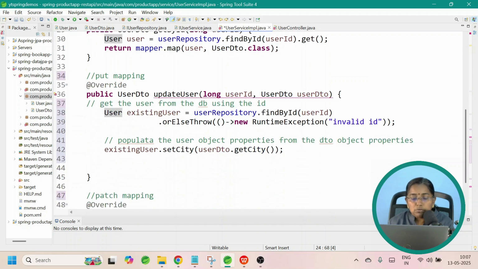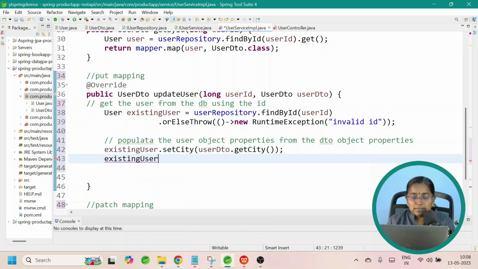So same way here also we can do. But if I am trying to convert, I am getting the values from DTO and I am populating user. In this case, the ID is not available in user DTO object because we are not sending the ID in the request body. So your ID will become null. But there are different methods in mapper class, that is model mapper class, like add mapping, wherein you can say that you skip the ID alone. Remaining values alone you do the mapping, skip the ID. There are few methods available. I don't want to go deep into that. So now let us do it manually.